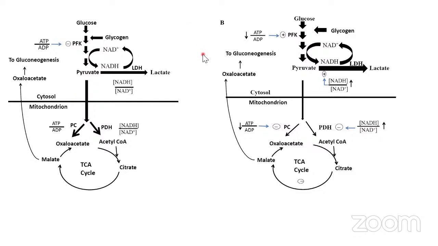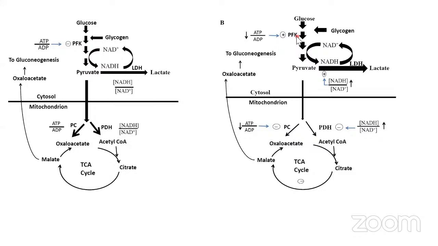Okay, now we have already said in sepsis there's tissue hypoperfusion. So what happens with tissue hypoperfusion will also cause reduction in ATP. Now, if you have a reduction in ATP, you have an imbalance here. You have very little ATP compared to ADP. If you have very little ATP, it ends up activating phosphofructokinase. Now, here where you have adequate ATP, phosphofructokinase is inhibited. So on this other side, when you have